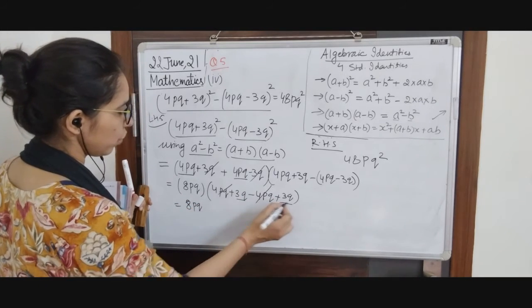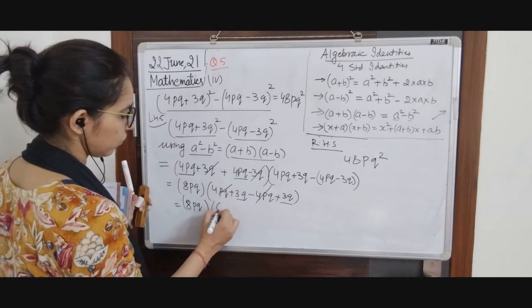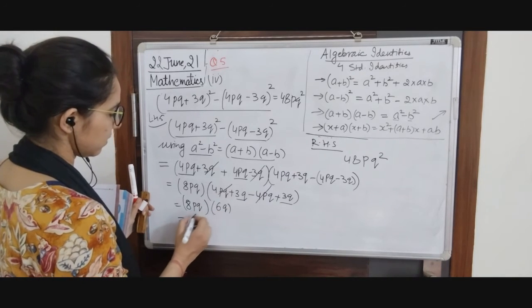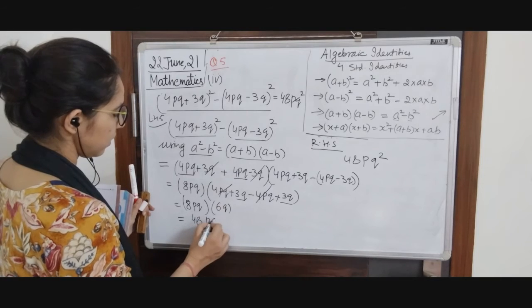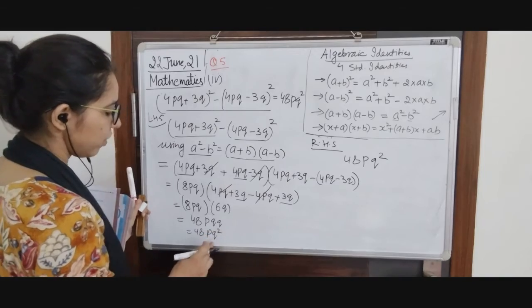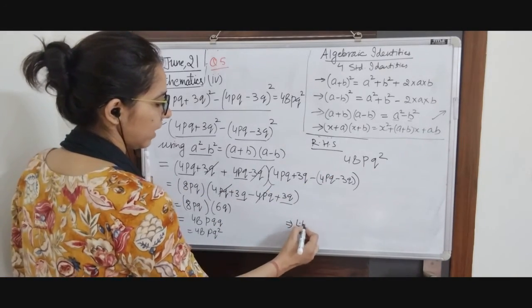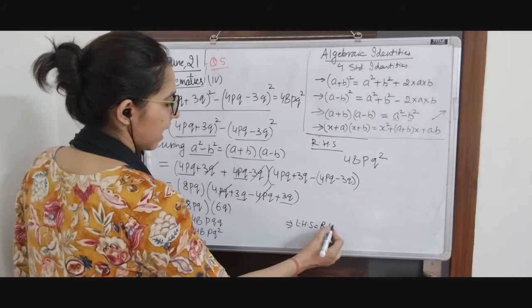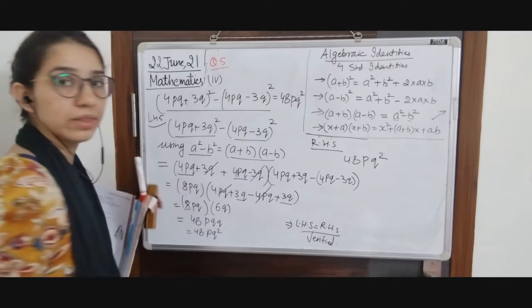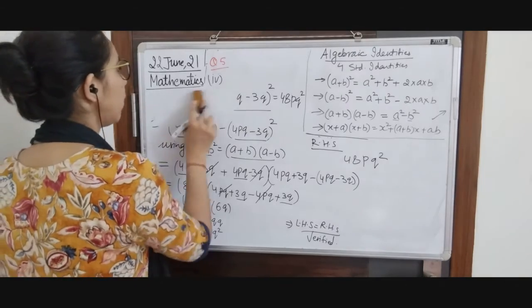This into 3q, into 3q. It will be bracket means multiplication, 3 and 3, 6q. I am going to multiply the coefficients now. 8 6 48 pqq, or I can write them as pq square, which is equal to our given right hand side. This implies you can write left hand side is equal to right hand side, and we have verified the given equation. Next we have is part 5th of this question.